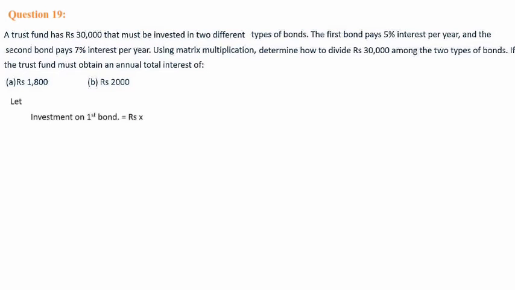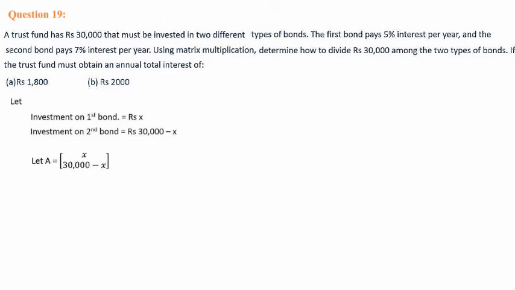So here first let the invest amount on the first bond be rupees X. The total is 30,000, so we don't know in which way they are planning to divide. That is an unknown quantity. That's why the first bond they are planning to invest we are considering as rupees X, and the investment for the second bond is rupees 30,000 minus X. When we add X and 30,000 minus X, we will get the total amount rupees 30,000. So they have divided into two parts. First one is X, another one is 30,000 minus X.